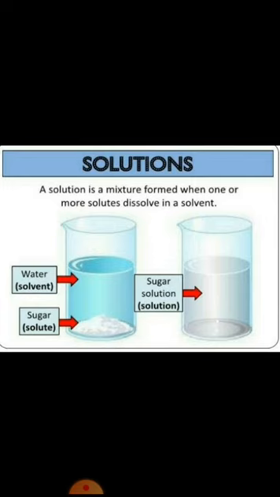Then what is the state of solvent? Yes, the state of solvent is liquid. Give an example of solvent. Yes, very good. Water. Water is a form of liquid. This is one of the solvents. Then what is the nature of solution? Yes, very good. The nature of solution is also liquid state. Is it clear?